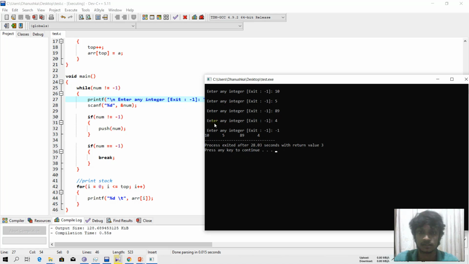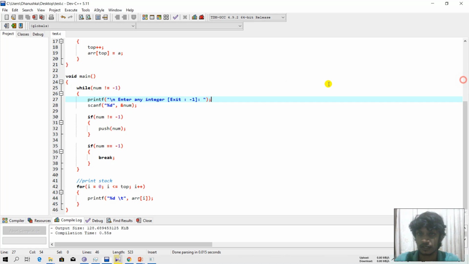So this is the stack, and it has successfully stored all of these values in the correct positions. The 0th index is 10, the first index is 5, the second is 89, and the third is 4.